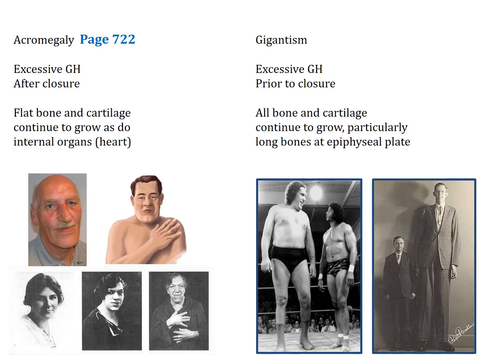All right, too much growth hormone. What happens to you depends on what time in your life you had too much growth hormone. If you had an excessive amount of human growth hormone before your growth plates closed, for whatever reason, usually a tumor, an adenoma secreting growth hormone, you develop pituitary gigantism, right? This happens before your growth plates close. You grow very big in stature. You tend to grow out of proportion though.